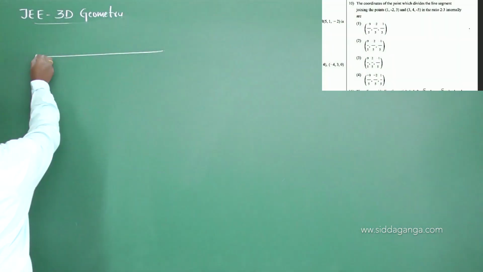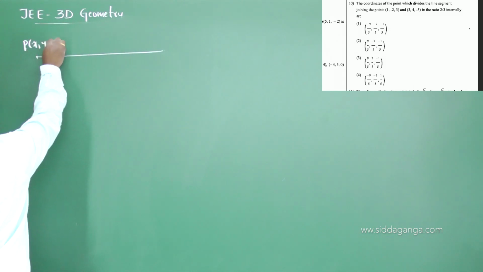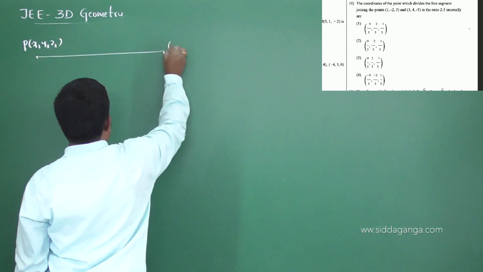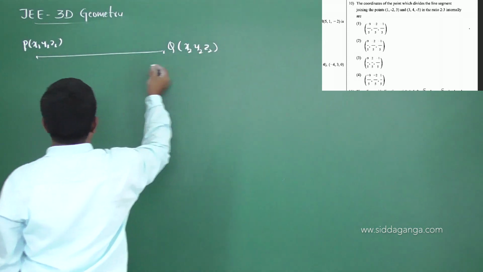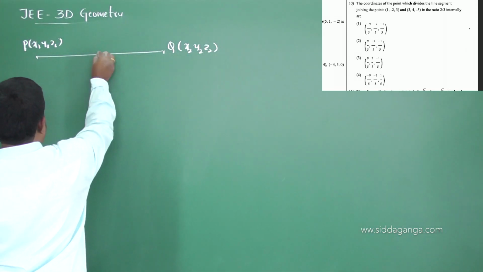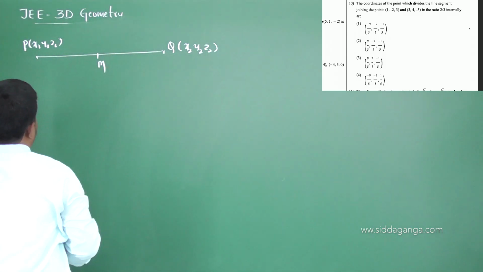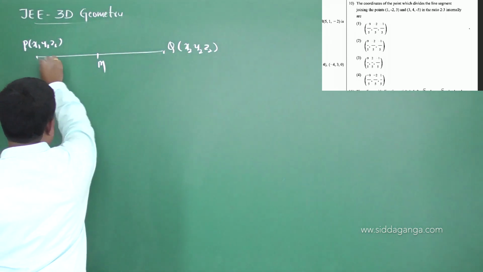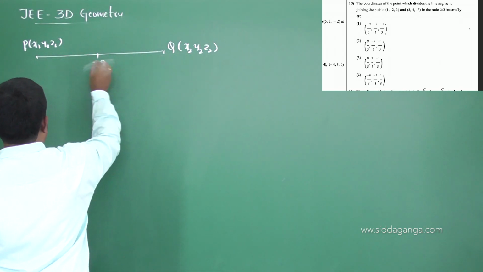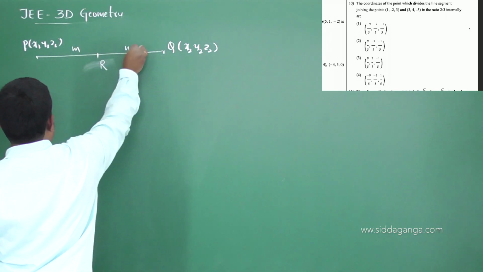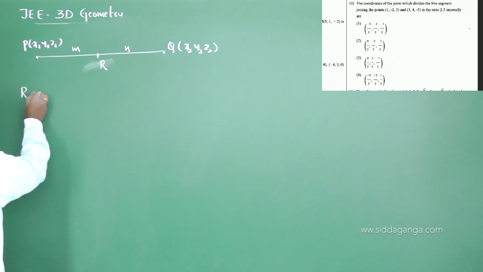Suppose P is (x1, y1, z1) and Q is (x2, y2, z2). Assume there is a point R that divides the line joining P and Q in the ratio M is to N. Then R will have the coordinates